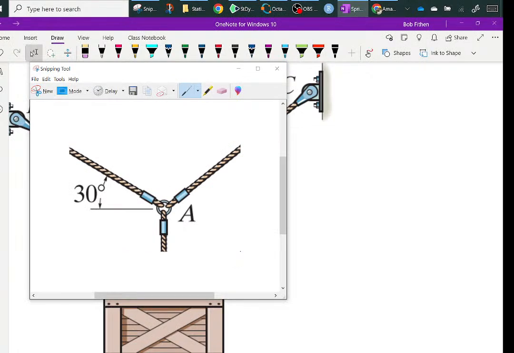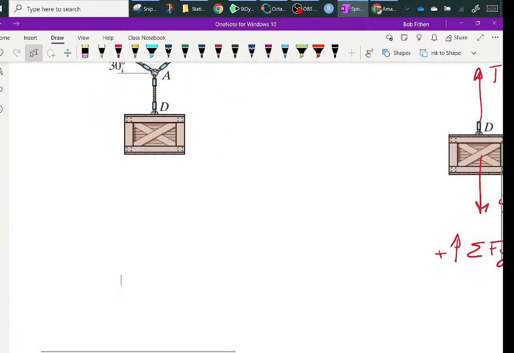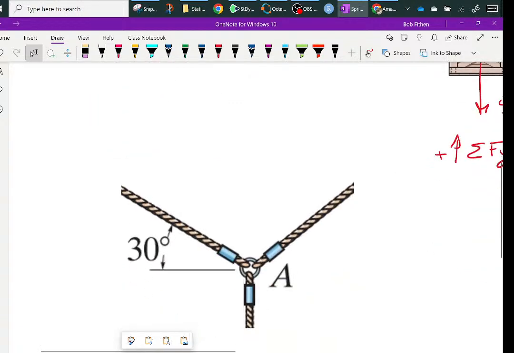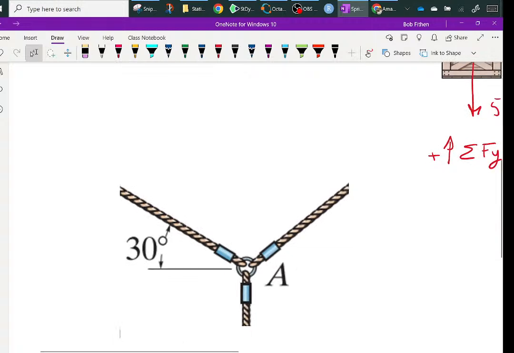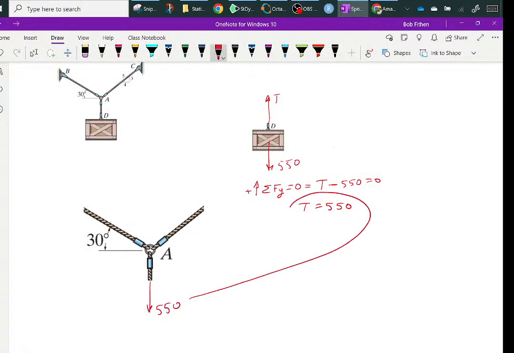I can do the free body diagram off of that. So I'll just drop it right there, and then I need to shrink it. As it turns out, this looks like I'm copying it from right here. And then here,